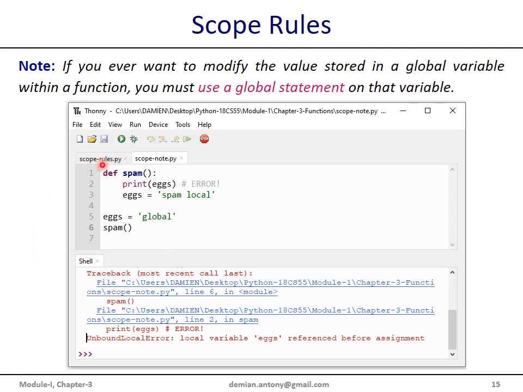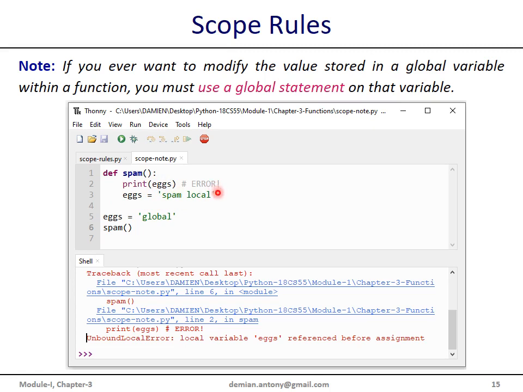Here we have a global scope, where we have defined the global variable x, and we are using that global variable here. This is valid. We can use this global variable in the local function, but we cannot modify this global variable.